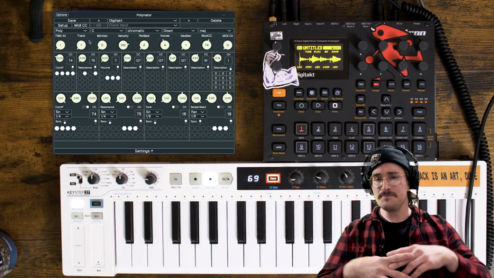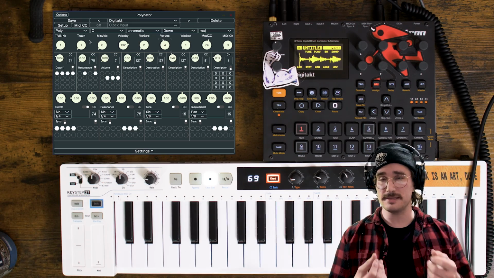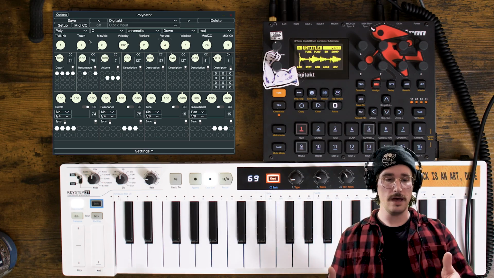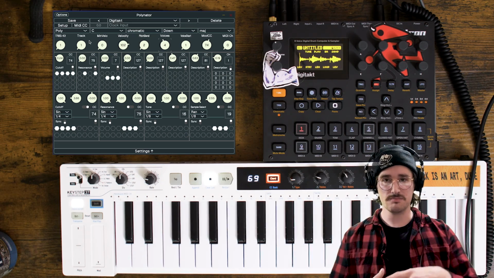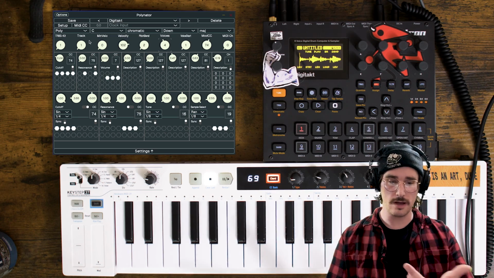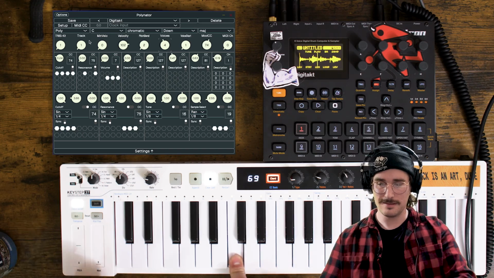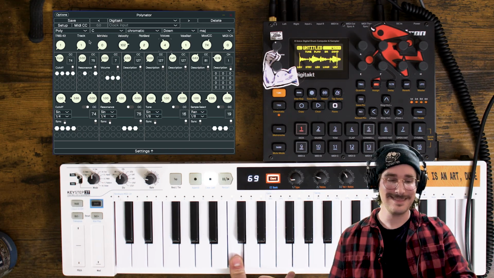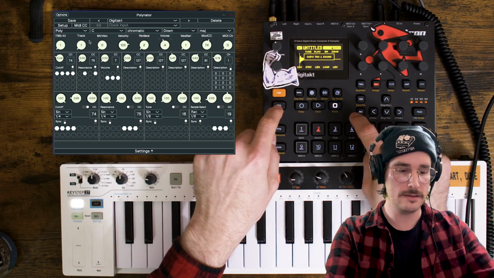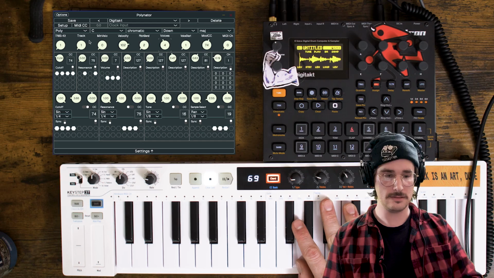But also, what we can do is make a synth playing to the strengths of the Digitakt as a sampler. And what I mean by that is we could load up an interesting sample, spread it all over the place, and then create really unique and cool textures. So I'm just gonna do that right now. I've got this sample. All right, and what I'm gonna do is track copy, track paste, track paste, track paste, and